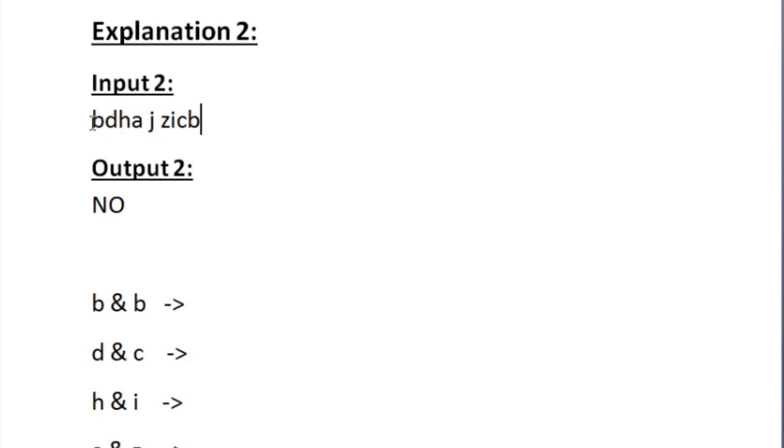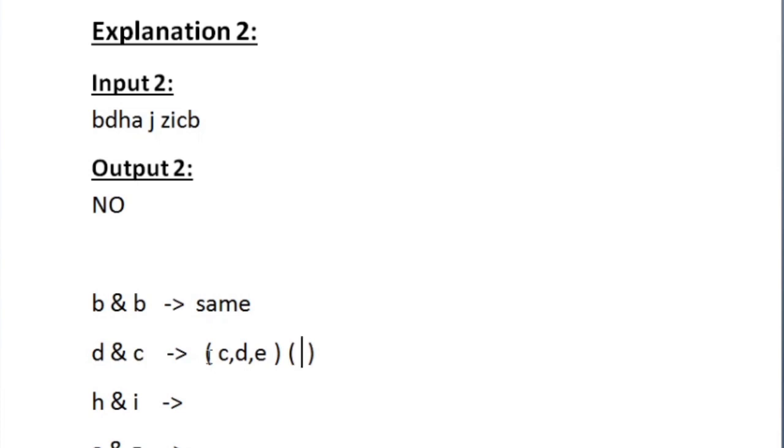We are going to iterate only from 0 to n by 2. So first we are going to compare this B and B. Both the characters are already the same, so we need not perform any toggling. So for this condition, B and B, it is already the same. Now D and C must be compared, that is the second and last second. The possible ways to toggle D are C, the character D, and E.